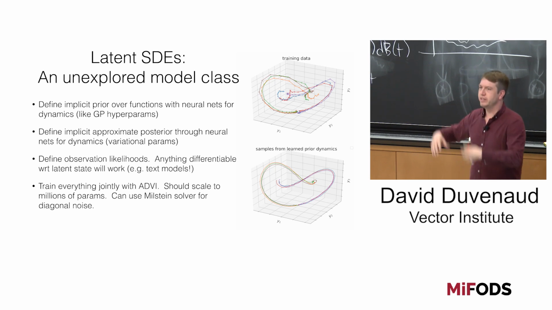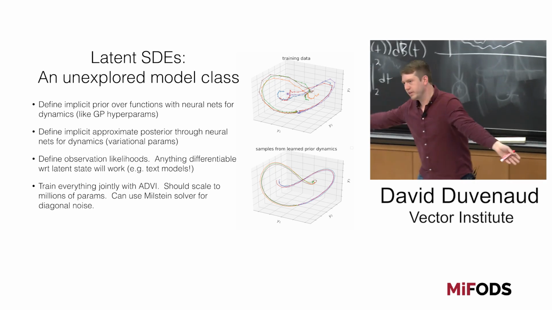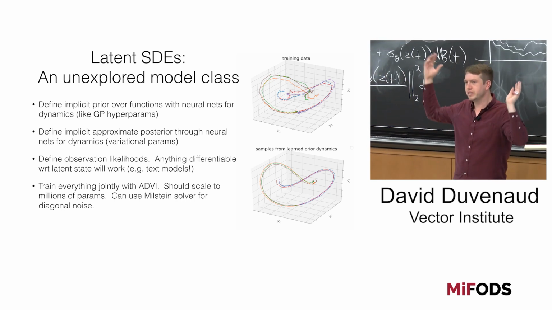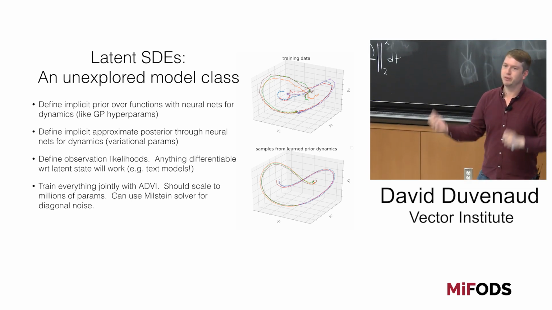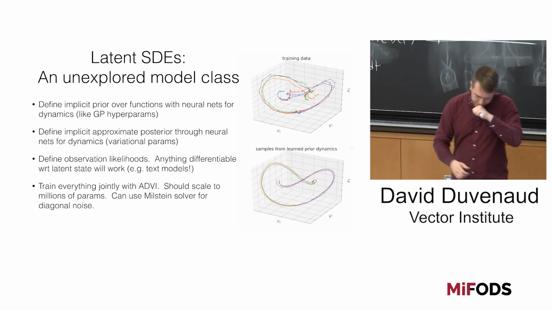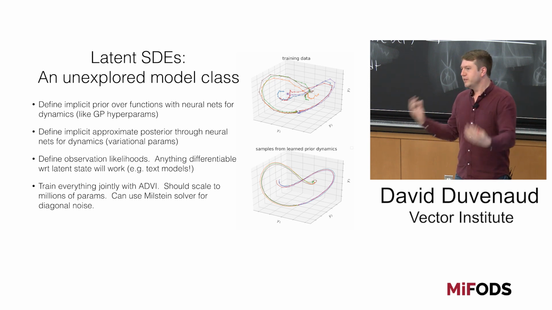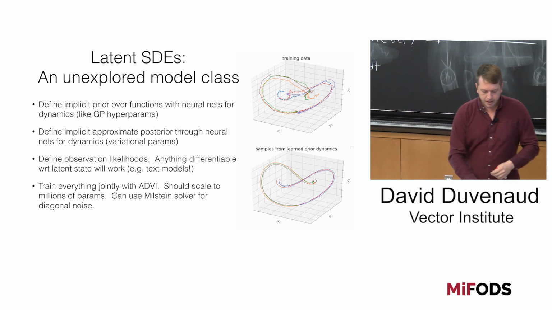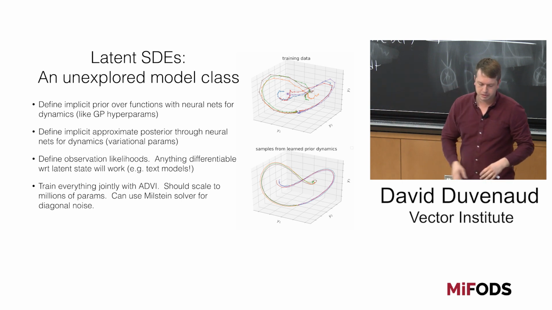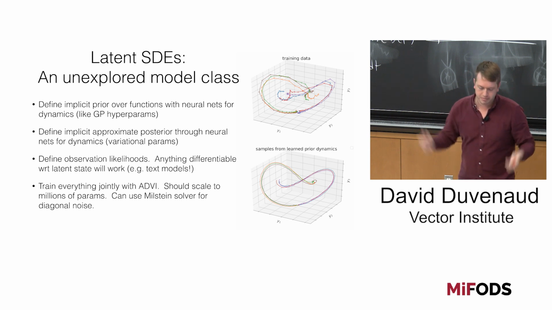We didn't invent this model class, but this is a model class that now you can optimize for very long time series with huge latent states and millions of parameters. Well, I'll say in principle, so far we've got it up to 10,000 parameters. But again, we just got all the code working like 2 weeks ago. I'd say it's kind of like an alternative to something like Gaussian processes. And I still don't yet have a great characterization for what you can do with this versus not. And we'll talk about that more in a bit. But it's very flexible. You can define any likelihoods here that you can differentiate with respect to Z and train everything together with gradient descent, which is where we like to be.